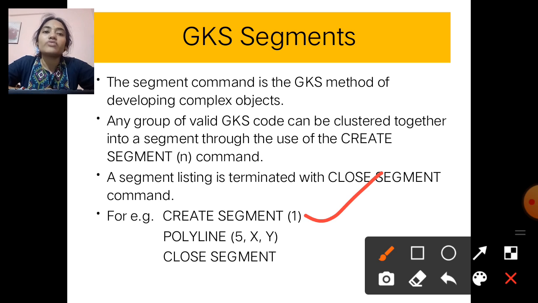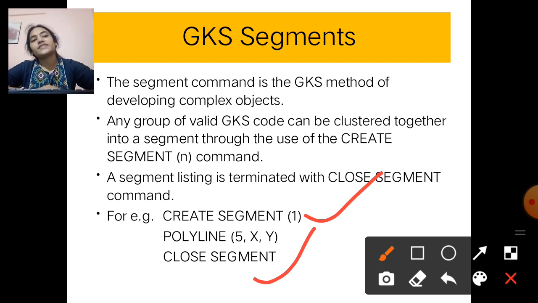Okay, then xy coordinates. Then we also add another command like this. Then we close the segment. Okay. So this is the example of a GKS segment. How to code for the GKS segment.